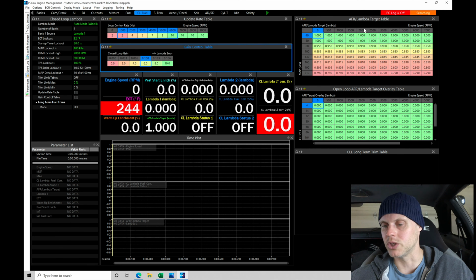The next thing we need to do is jump into our air fuel Lambda target table. And this is going to be setting the target air fuel that we want to run the engine at. Now, something specific with this engine, with these injectors, we need to make sure that we are targeting a richer mixture at idle conditions, because the injector won't perform as linear at 14.7, 15:1 as it would at something like 13:1. By increasing the pulse width, it allows it to run further away from the nonlinear operation zone, even with that short pulse width adder values that we